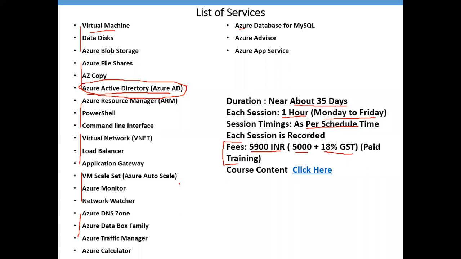That is a tool. In DevOps there are thousands of tools, but no client is using all the tools. Only two or three tools are important, which I'm going to tell you: Docker, Kubernetes, and the third one is Terraform. These three are very important as per Azure DevOps. Other tools are not required because Azure has its own service.